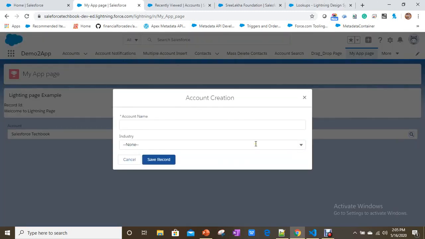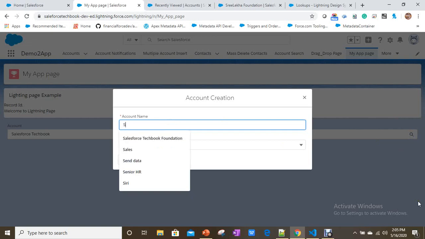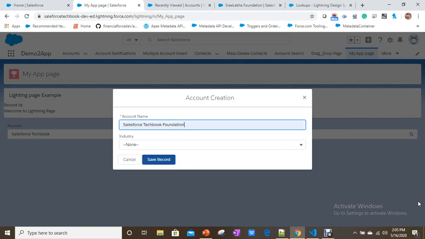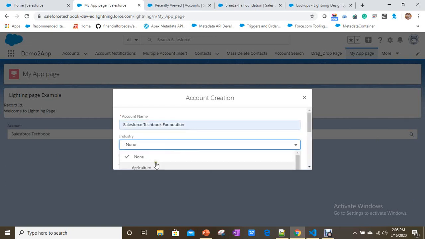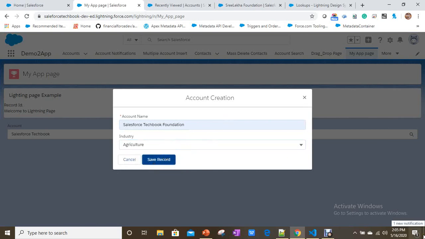See, it opens the modal box when I click on this icon. Now let me give SF textbook, Salesforce textbook foundation, agriculture, save record.